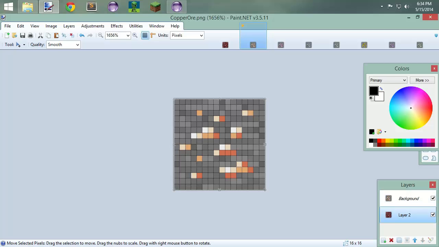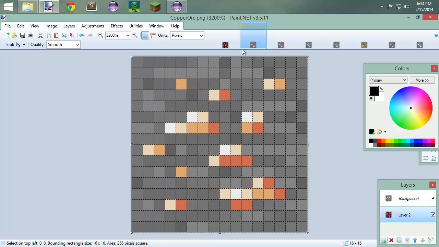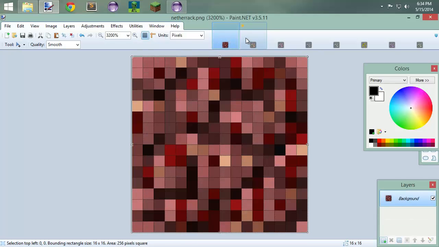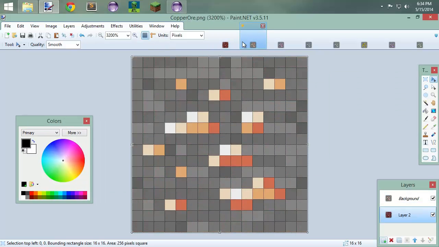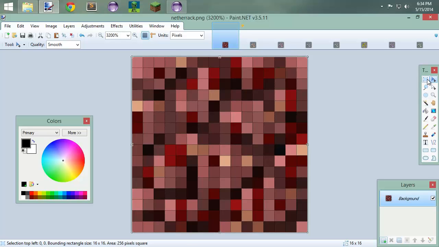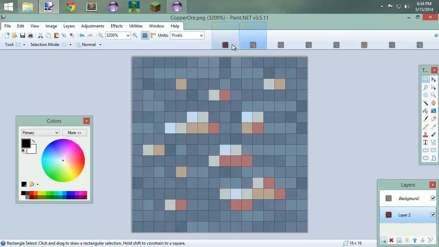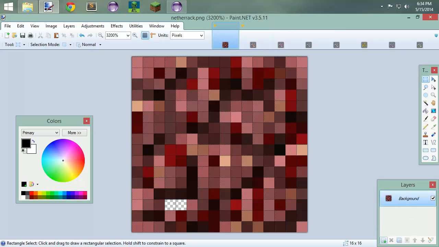Okay, so what we're going to do is dig out our select tool and bounce back and forth. And so we're going to get rid of these two pixels, like so. So in that way when we bounce back and forth, there are those. We are also going to get rid of these pixels, and we are going to get rid of